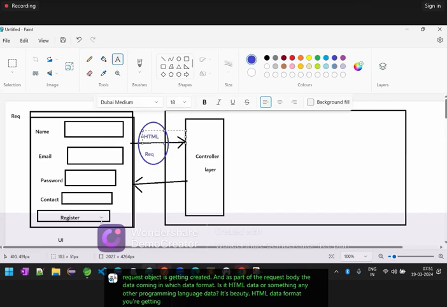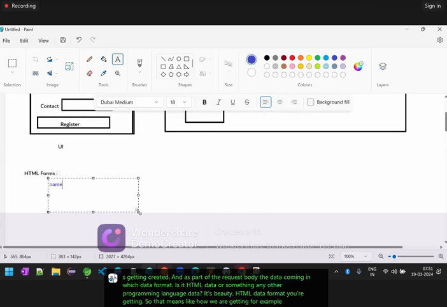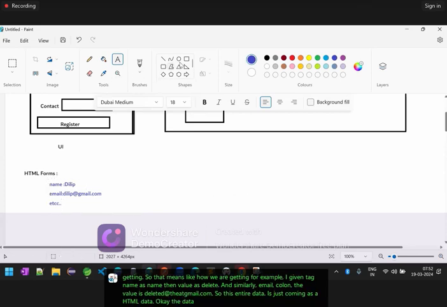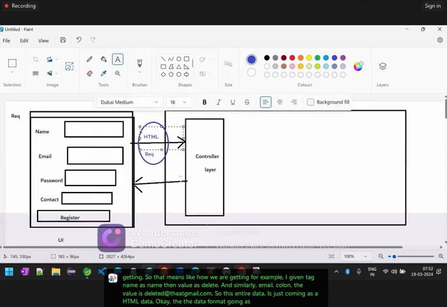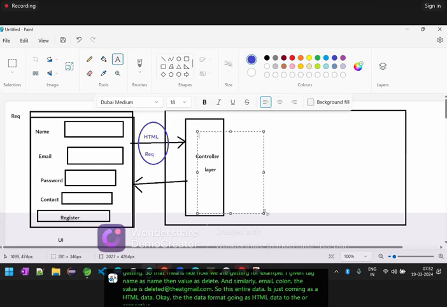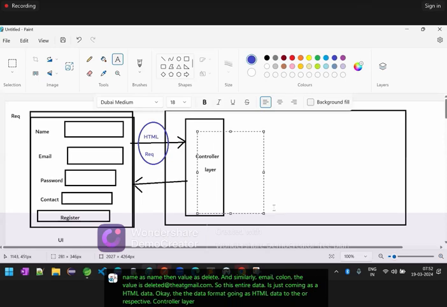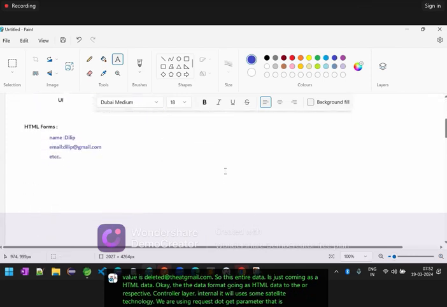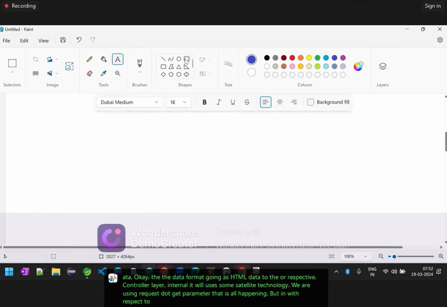So that means, for example, I gave the tag name as name, then the value as Dilip. And similarly, email, with the value Dilip@gmail.com. So this entire data is just coming as HTML data. The data format going as HTML data to our respective controller layer. Internally, it will use some servlet technology. We are using request.getParameter. That is all happening. But with respect to REST services,